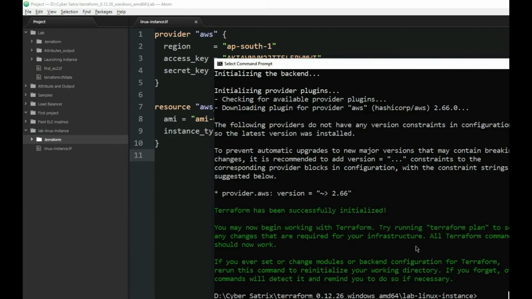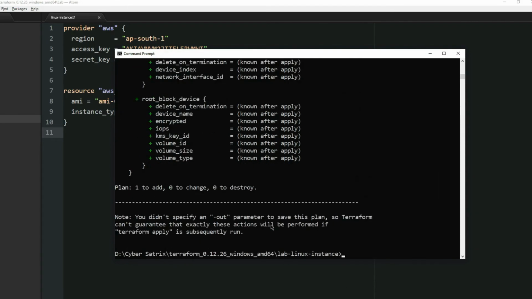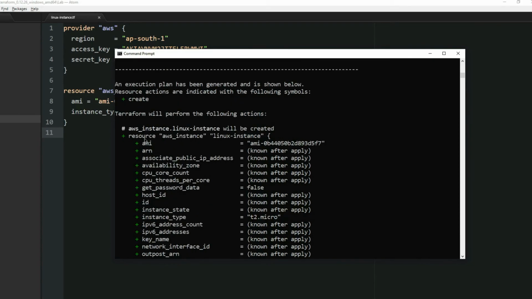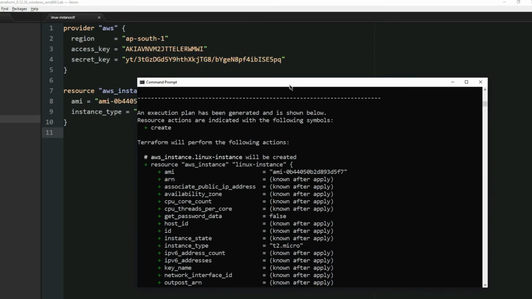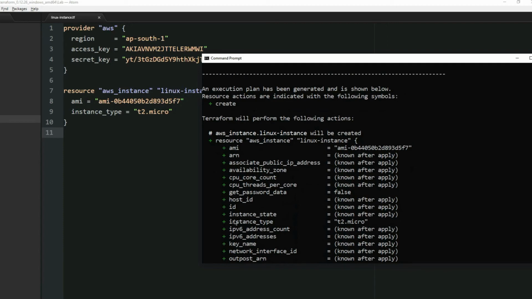Okay, so now coming back to my command prompt, let me run the command terraform plan, and as I mentioned, it will show you the activity or the manipulation that it's going to perform on the resources. As you see here, it says that it is going to create a Linux instance. The AMI is the same thing which I have mentioned in the code, and it is going to create an instance type of micro, and the remaining things are mentioned as known after apply.